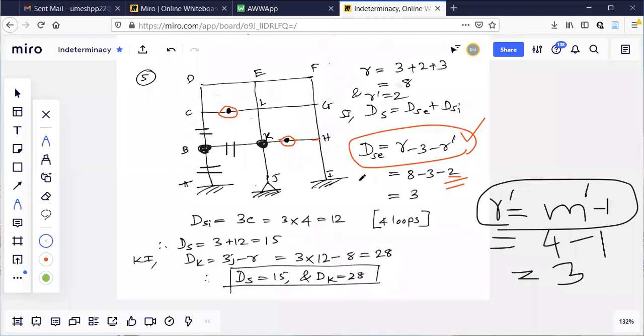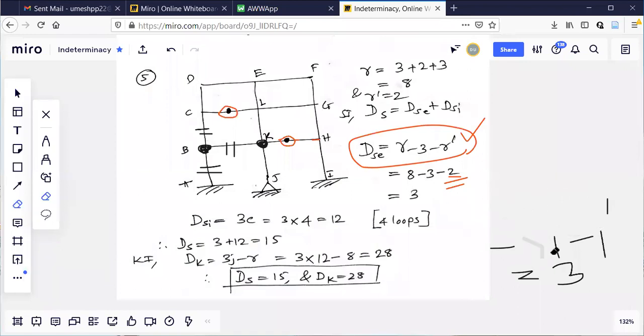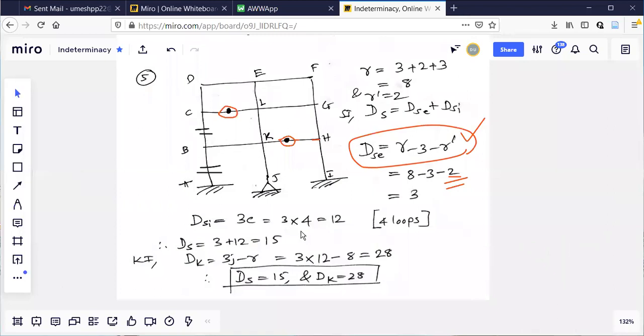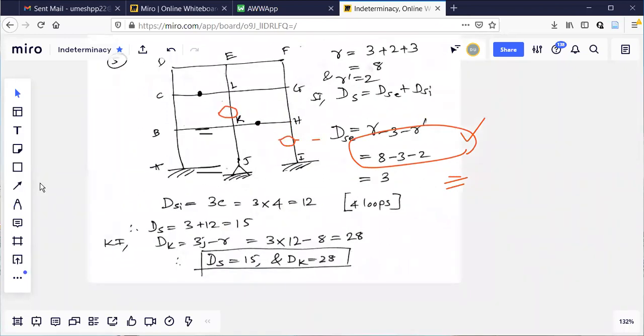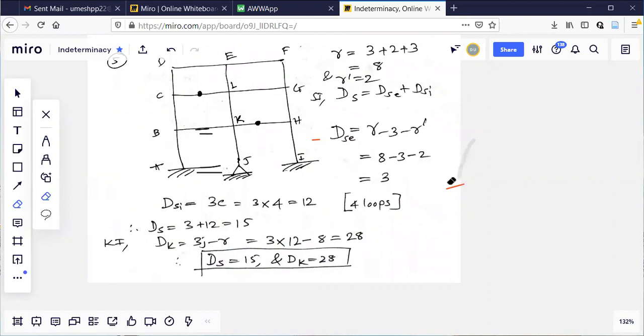Okay, so I'll remove this. I'll continue this solution. I just wanted to make this part clear. I'll remove all this. Only the 2 original hinges, whatever is given in the problem, I will keep. This is your problem. See now. Again, I will erase this also. Okay. Observe this one.